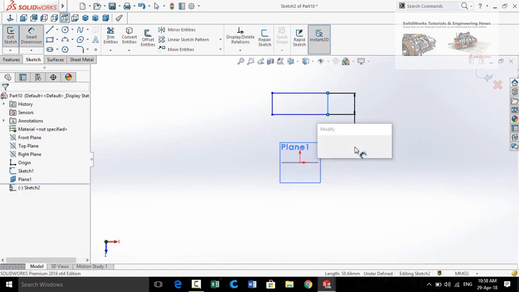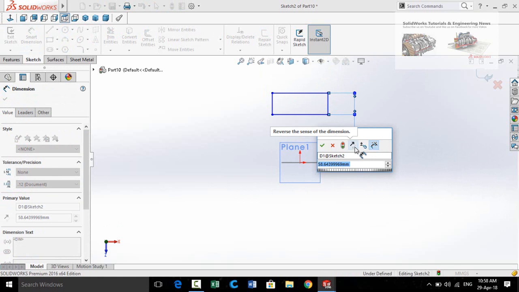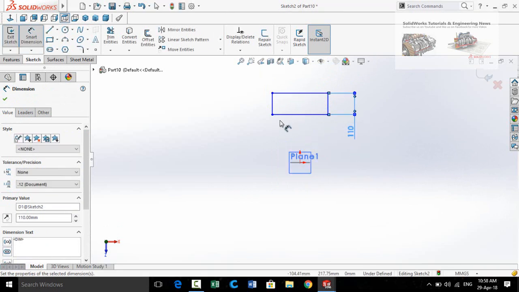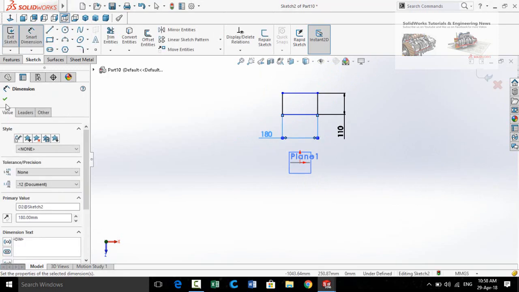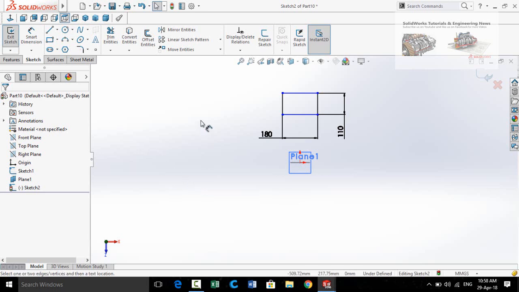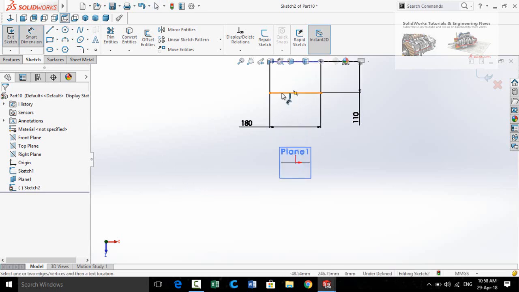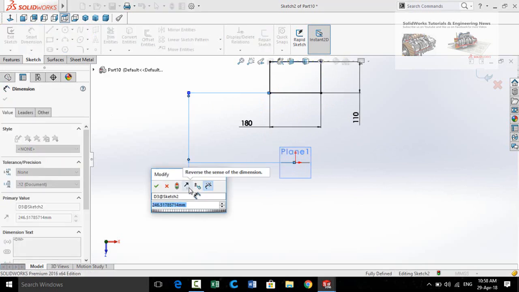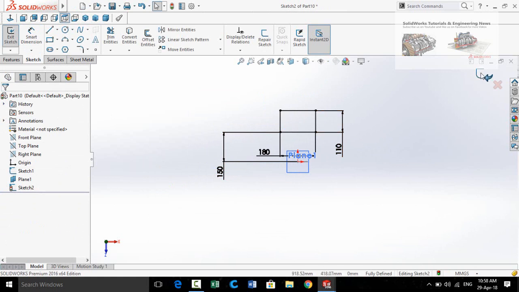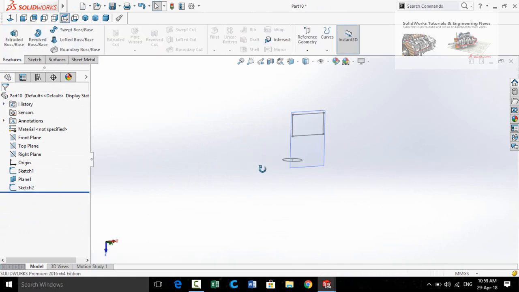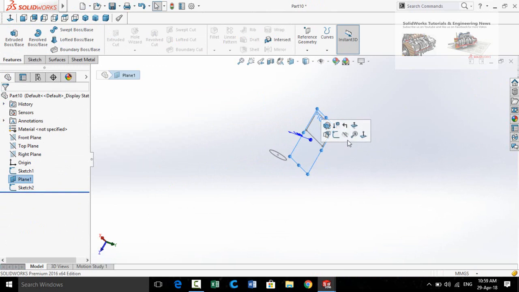Define the dimensions of rectangle 110 millimeter and 180 millimeter. Press OK button. Define the distance between this line and the origin 150 millimeter. Press OK button and then press this button to save and exit from sketch. Hide this new plane 1.